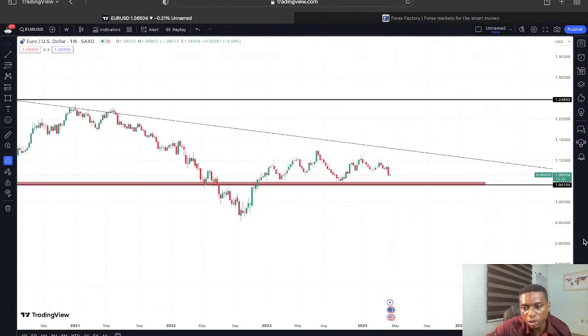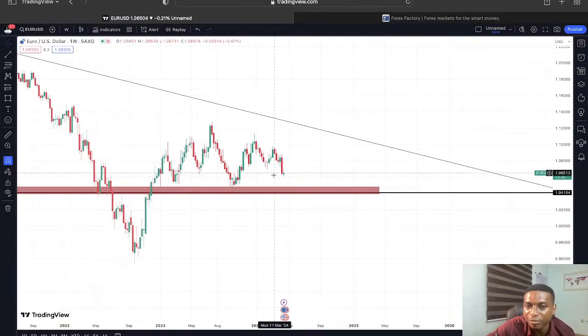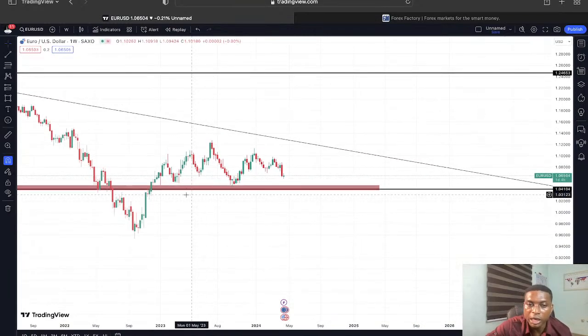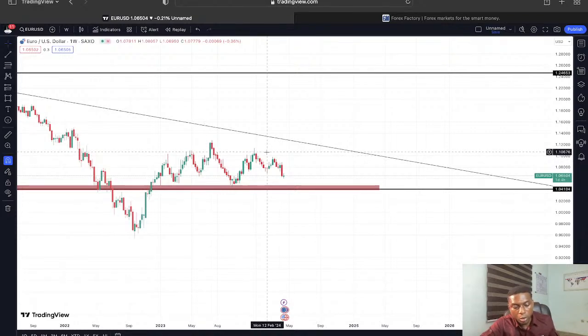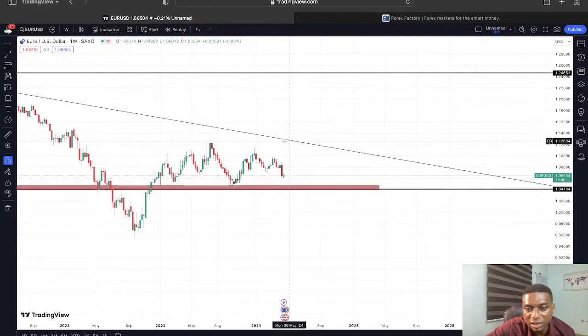So let's go straight into where price is currently seated, because this is where we have business. We've already established from the historical price movement on the weekly time frame the key levels to observe, and having mapped out those key levels, we have to zoom into the core areas where price is currently at, right? So we can see that